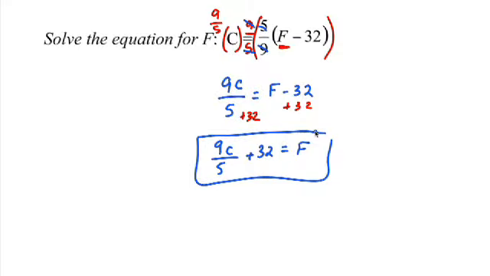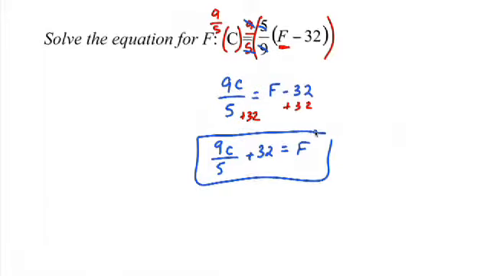Again, you can write it as 9c over 5 or write it as 9/5 c. I believe Alex will take it either way. We should also mention that this is the formula that lets you change Celsius to Fahrenheit temperature or Fahrenheit temperature to Celsius, just in case somebody walks up to you on the street and asks you.